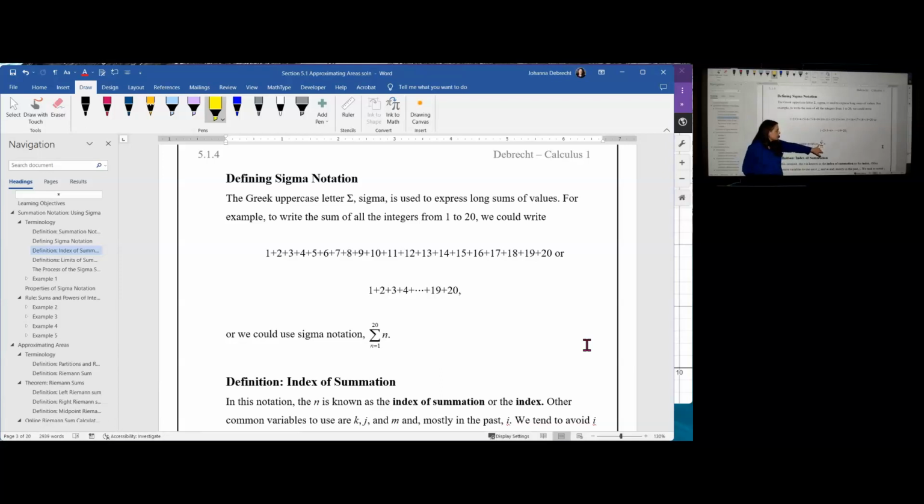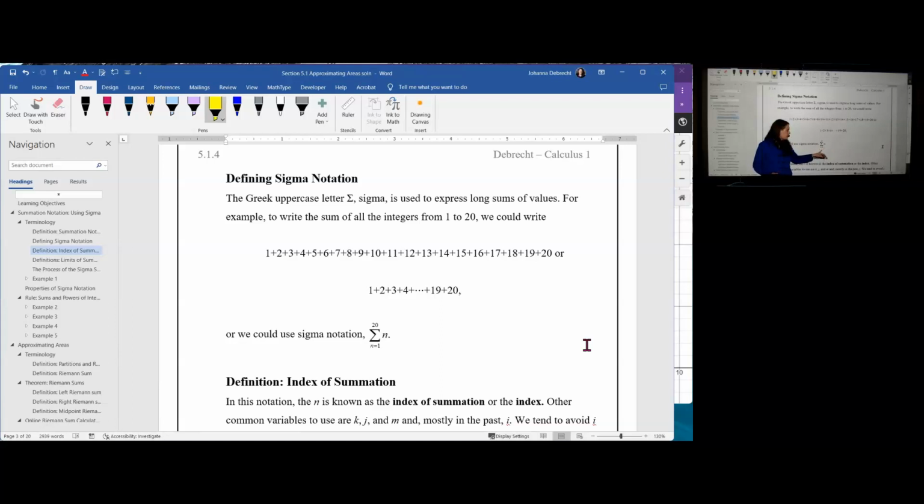You'll see here the Greek letter for uppercase sigma, and you'll see n equals 1 to 20 of n. The n that's on the inside is called the summand, the thing that's being added together. The n that's underneath the sigma symbol is called the index, indicating which letter or variable will be used inside